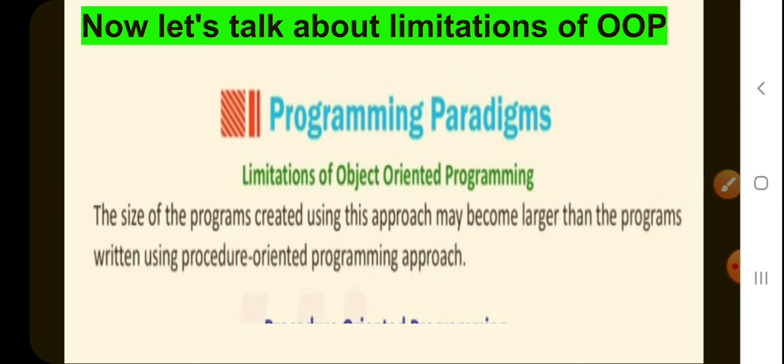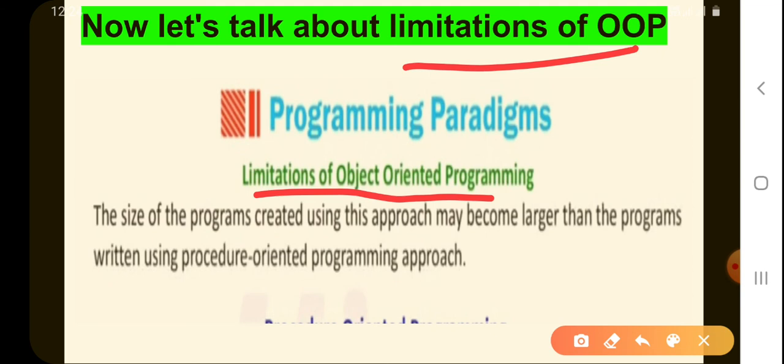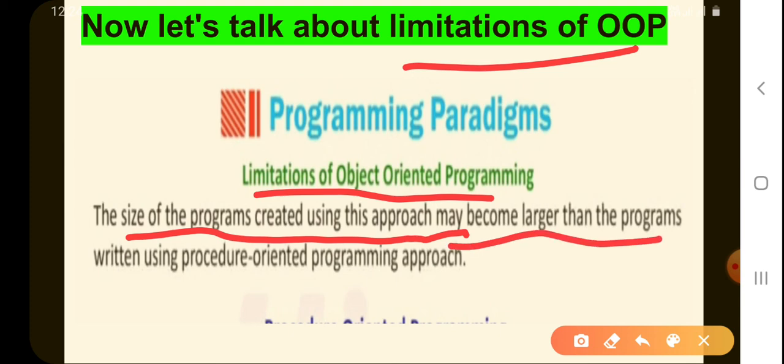Now, let's quickly talk about the limitations of object oriented programming. The size of programs created using the object oriented approach may become larger than programs written using the procedure oriented approach. So the same program written using procedure oriented programming can be smaller, whereas the program written with the object oriented approach may be larger.